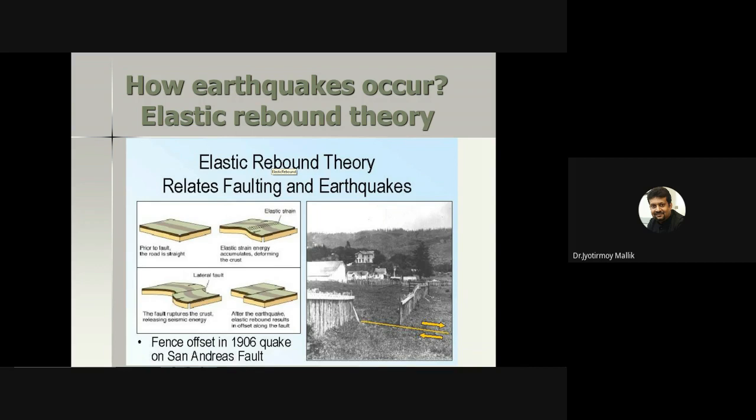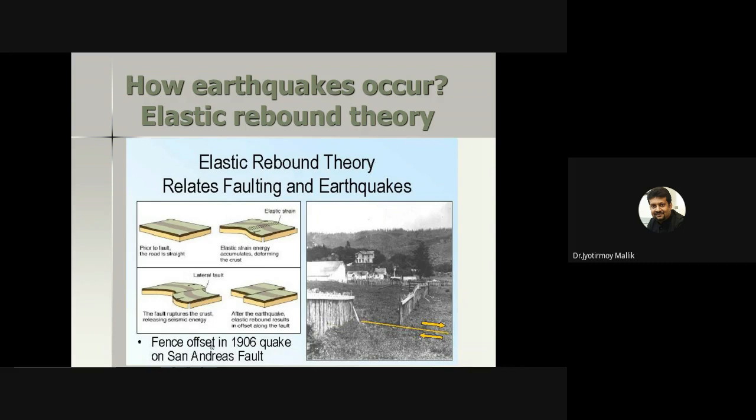That means that it doesn't create any significant seismic energy. That doesn't really create big earthquakes. Only 1% of the total fault movement is actually translated into big earthquakes, or a considerable amount of earthquakes. And that is explained by the elastic rebound theory, the elastic rebound process.